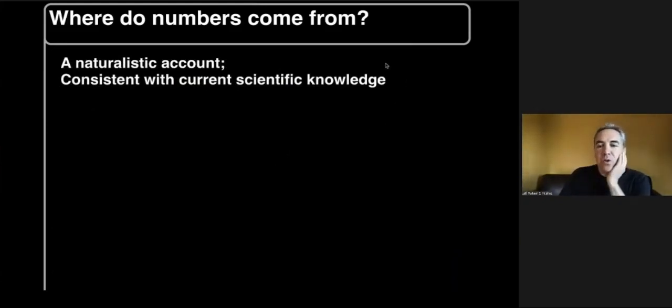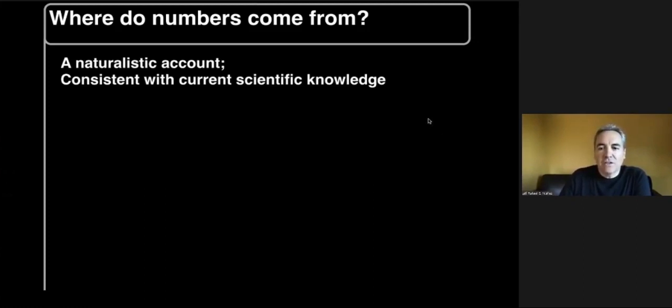And the idea would be to update the philosophy of mathematics with the new things we know about the mind and language and abstraction and communication and so on. So the idea here would be to try to present a naturalistic account that is consistent with